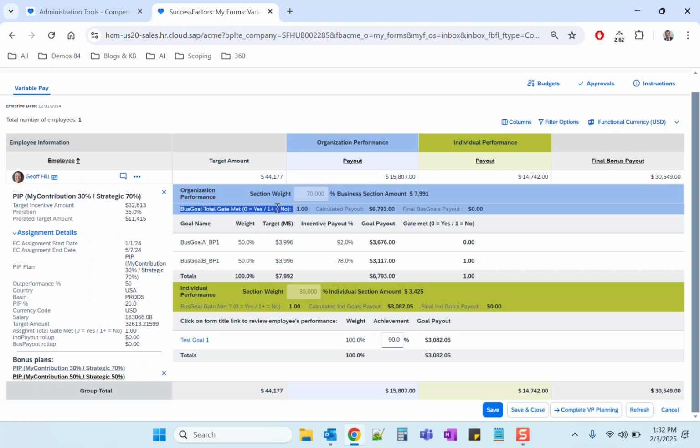Instead, we're going to take the value from here and bring it to the assignment level. The assignment level in variable pay really is the spine of variable pay. Everything goes through it. If you want to communicate between sections, or from each of the sections to the entry level, or even down from the entry level to these sections, you need to go through the assignment level